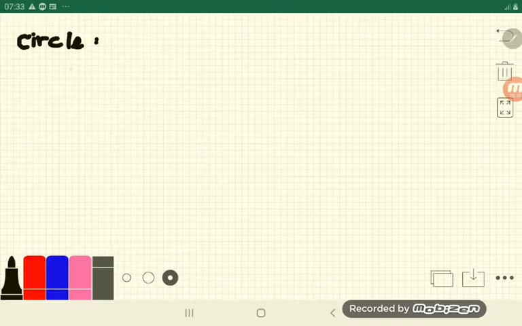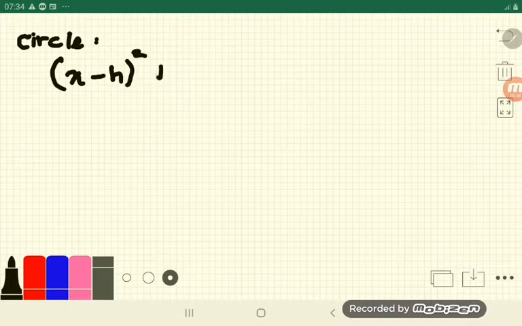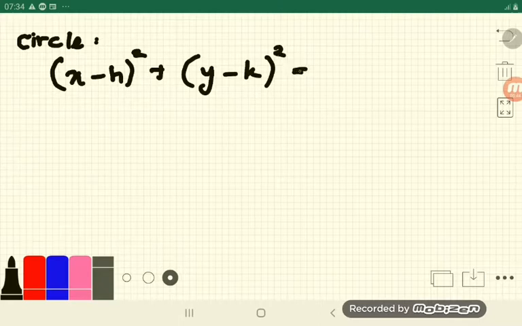so let me write it here, the circle can be written as the equation (x minus h) to the power of 2 plus (y minus k) to the power of 2 equals r to the power of 2, or r squared,